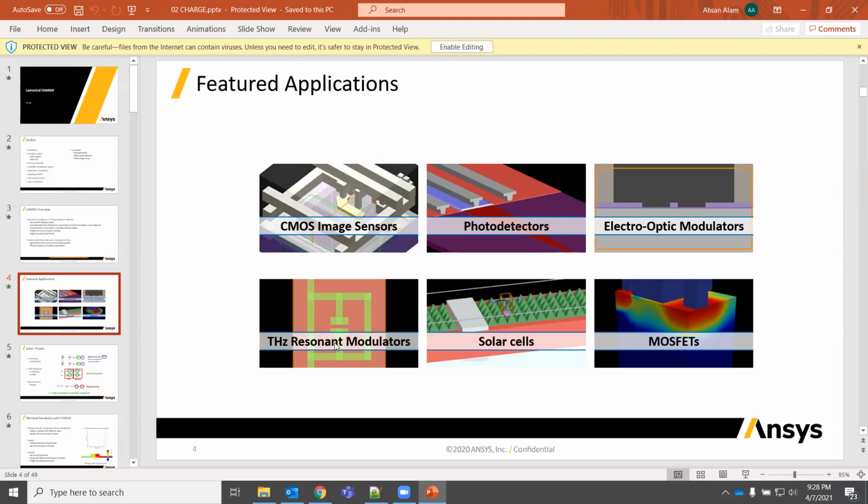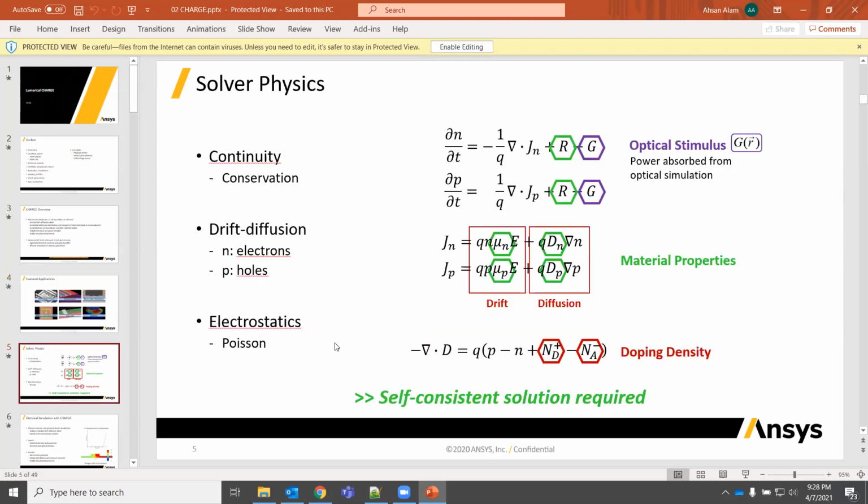So as I mentioned, in the chart solver, we solve drift diffusion equations. So here you can see the equation for the current density coming from electrons and holes. And then you have one component giving you the current coming from drift due to electric field, and then the other one giving you the current flow coming from diffusion because of the change in density of the carriers in different locations of your device. And then these two combined give you the information about how much current is flowing